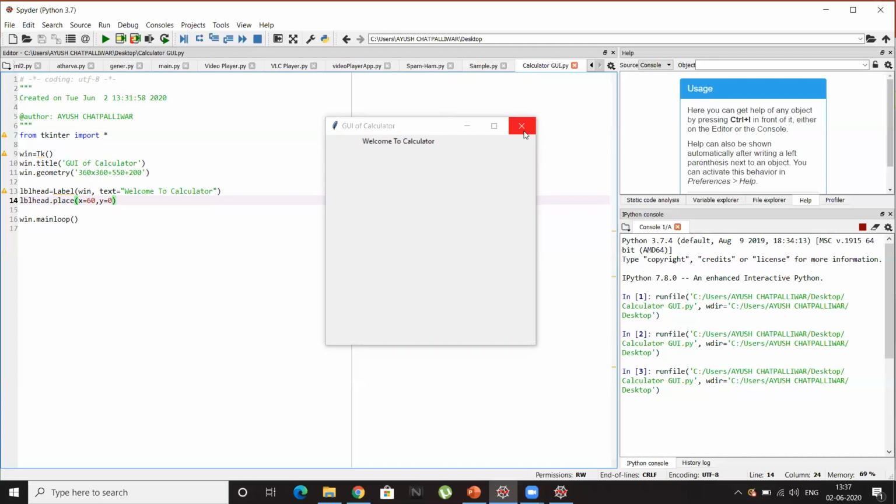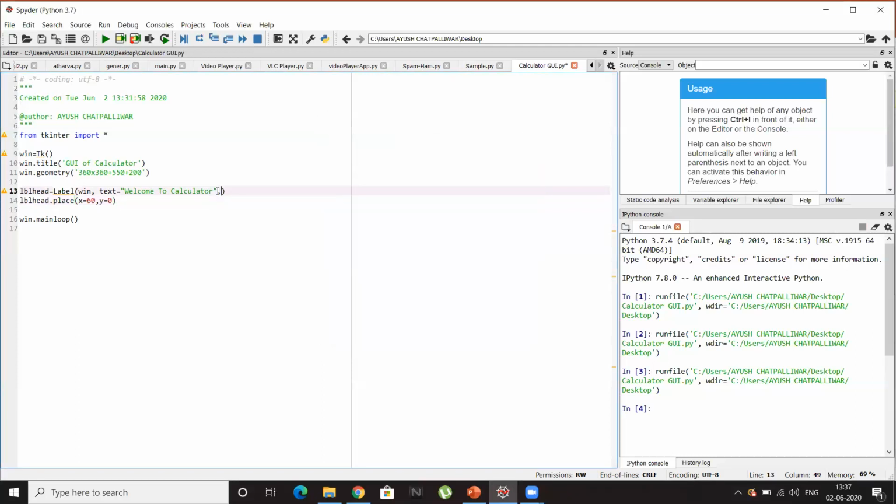It's not in the center, but let's increase the font size, make it bolder, and give it some font style also. I think you remember how to give the font size. For that, simply we have to use font equals to, and here we can give three attributes. I'll give Times New Roman again, you can give anything you like.